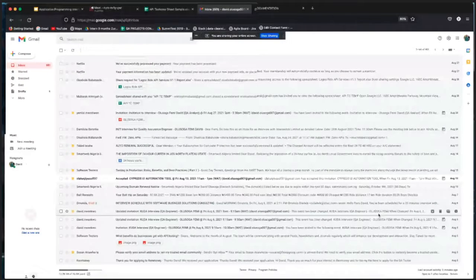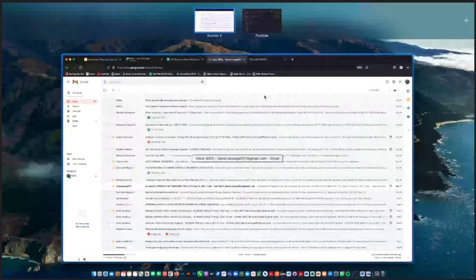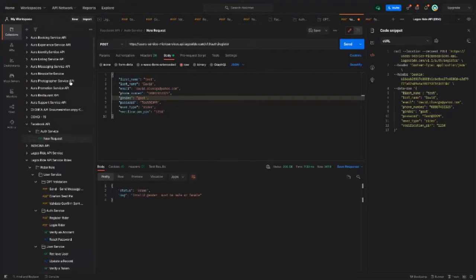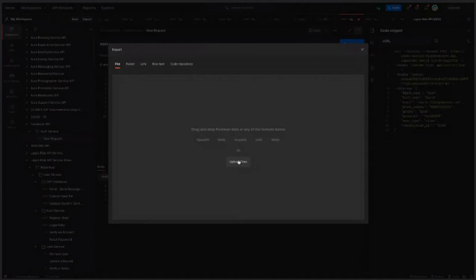Let me find a sample API JSON file. If by chance you have a JSON file sent to you, you come to import, then file or link. If it's coming in as a file, you come to file, import, click on file, click on upload.